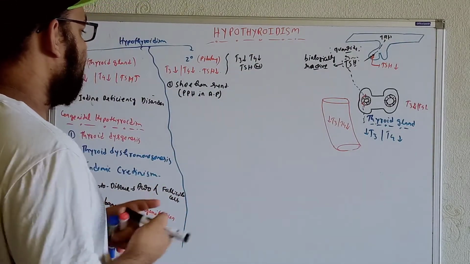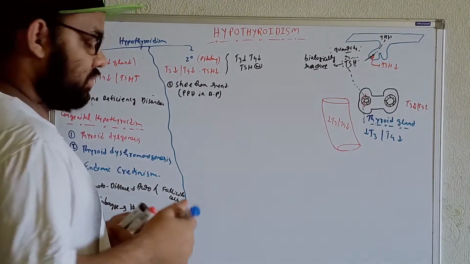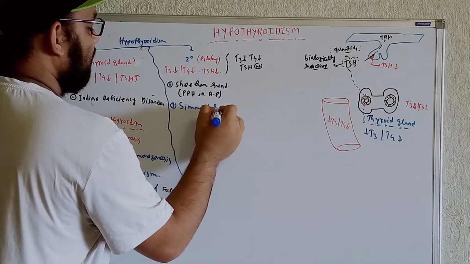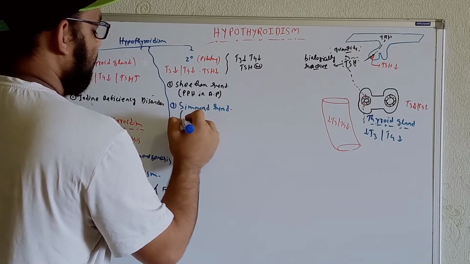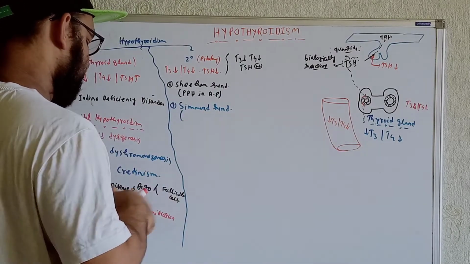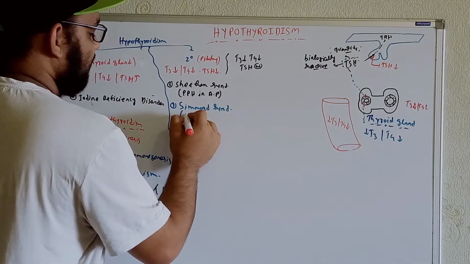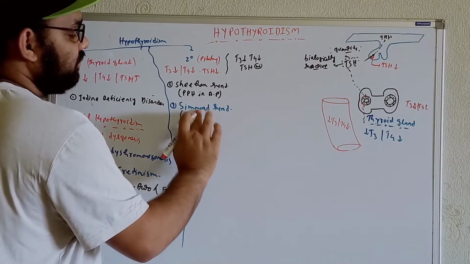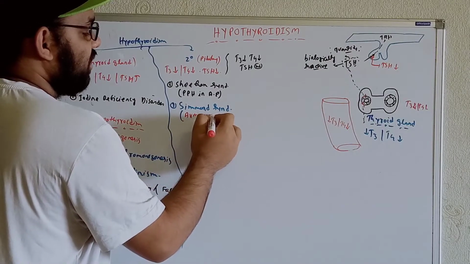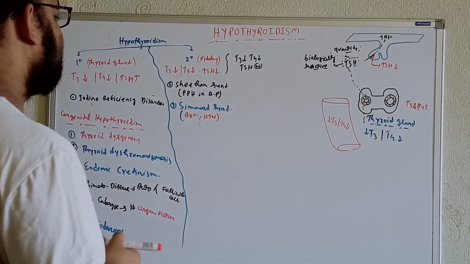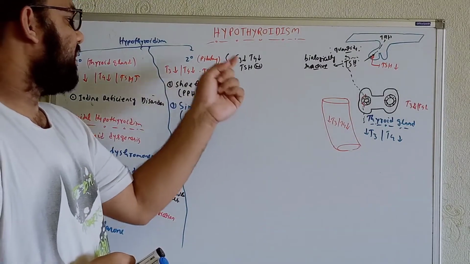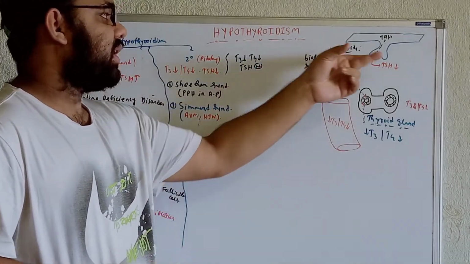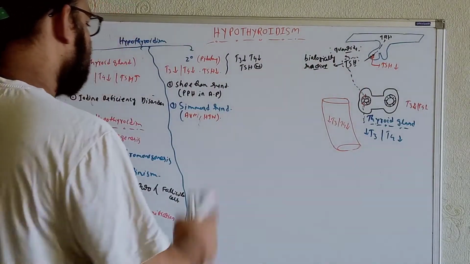The second type we can talk about is Simmonds syndrome. In this case, what type of problem will we get? Arteriovenous malformations. Sometimes we can also get the development of hypertension that can cause this type of problem. So in Sheehan syndrome, we get postpartum hemorrhage in the anterior pituitary, so there is less production of TSH. In Simmonds syndrome, we will get arteriovenous malformations.